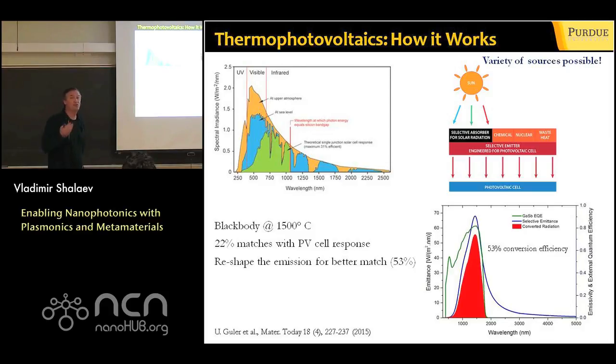Or you could use hybrid technology, sun during the daytime and fuel during the nighttime. And you just heat it up to high temperature, put in this frequency selective emitter, which would allow emission only at particular frequencies. And you could count on very high conversion efficiency. So Urcan is now working on building a prototype of this solar thermophotovoltaics, which in principle could be a breakthrough for